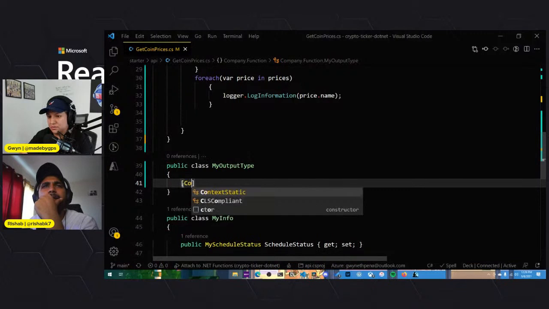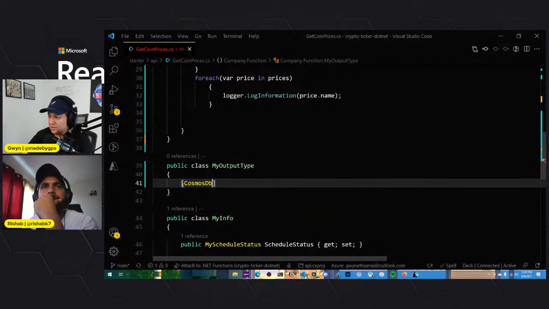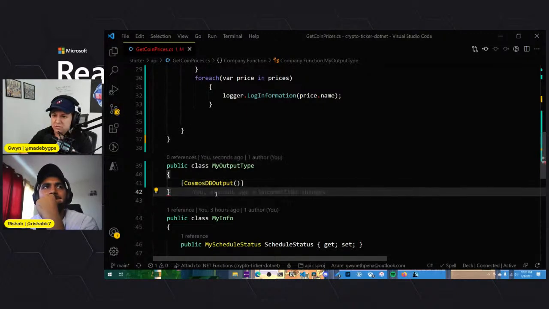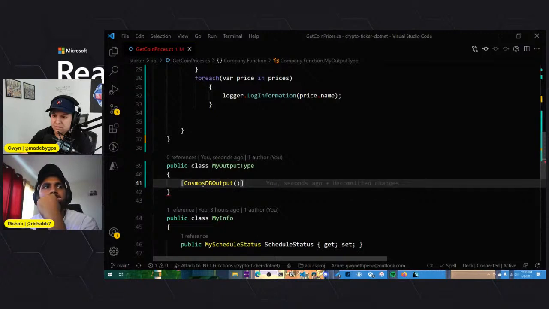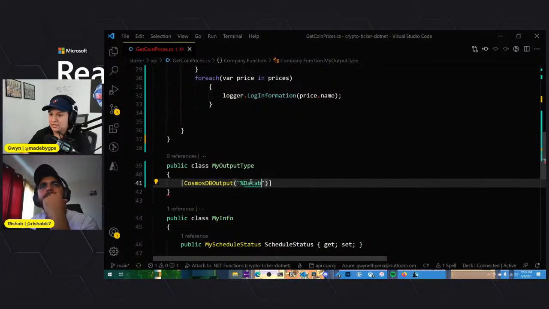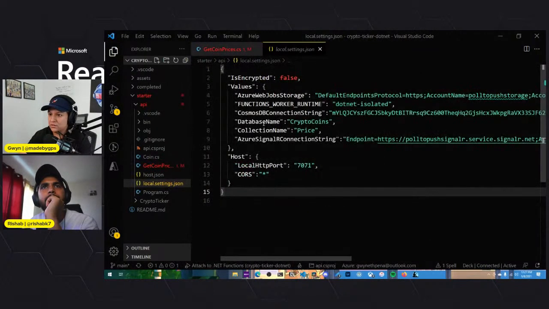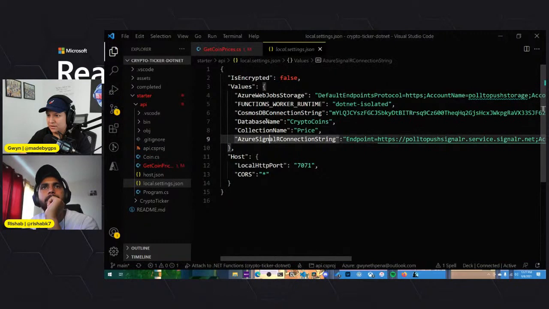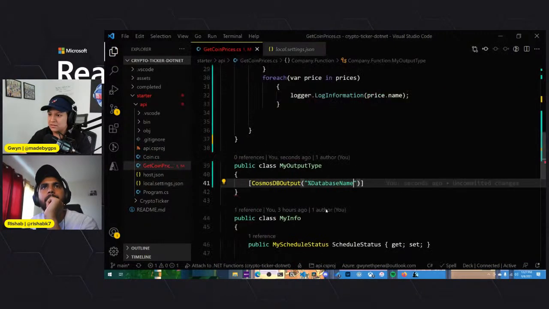So we'll say Cosmos DB. I don't know why it's not autofilling for us. Cosmos DB output, and then there's a couple of things that we need to fill in. Okay. I know we need to provide the database name, which we added into the local.settings.json. I just want to make sure that they match. So we have database name, collection name, and then this string here. So database name,